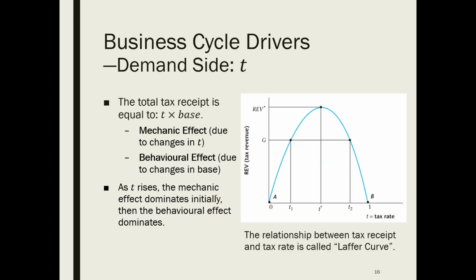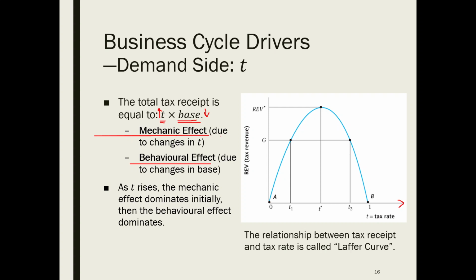From the government's perspective, what matters is the tax revenue, which is equal to tax rate multiplied by tax base. As analyzed in the previous slide, a higher proportionate tax rate, t, has two opposite effects. The first effect is called the mechanical effect. A higher tax rate obviously will increase the tax revenue if the tax base is fixed. The second is called the behavioral effect. A higher tax rate is a disincentive to work, so there will be less working hours to be taxed, or